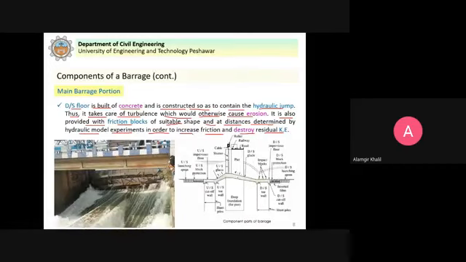So you can see that when the water flows downstream from the gates, this hydraulic jump forms and it dissipates the energy of fast moving water. So hydraulic jump is desirable, but hydraulic jump itself can be dangerous because of the turbulence. So that's why this hydraulic jump has to be contained downstream on this area here.